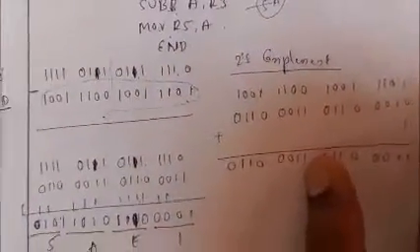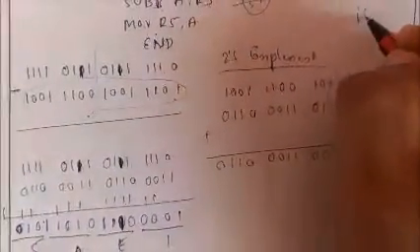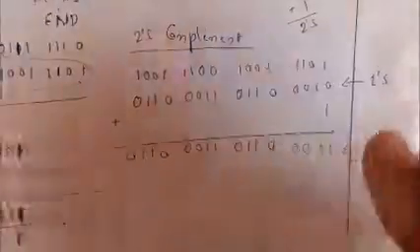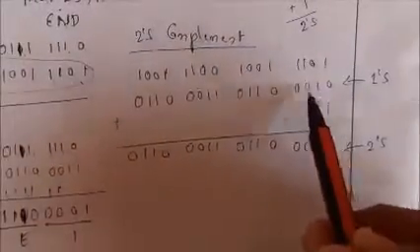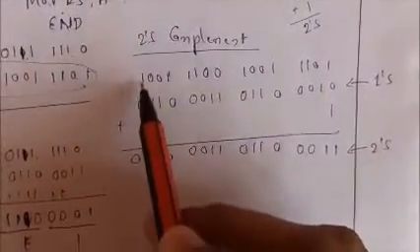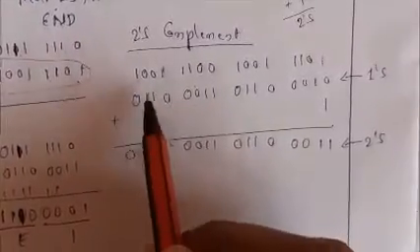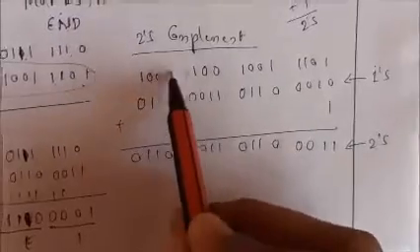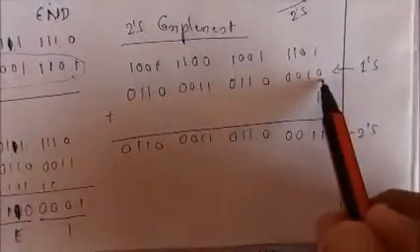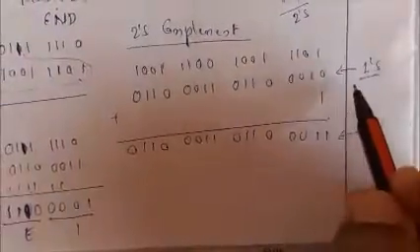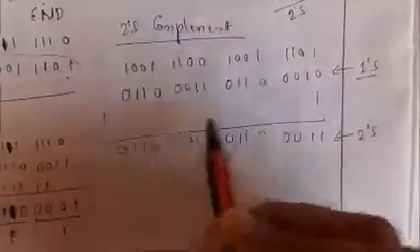Already you know that 2's complement means the 1's complement plus 1. That is the result, the 2's complement. So how to make this? This second number I will take here. First I will perform the 1's complement. 1's complement is nothing but the bit reverse pattern. Wherever 0 is there, you have to make 1, and wherever 1 is there, you have to make 0. So here 1 is there, make it 0. Here 0 is there, make it 1. So you have to make the complete bit reverse pattern, and that gives you the 1's complement. For the 2's complement, whatever result you got for the 1's complement, just add 1.